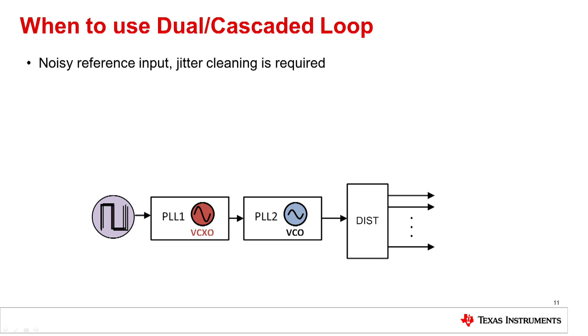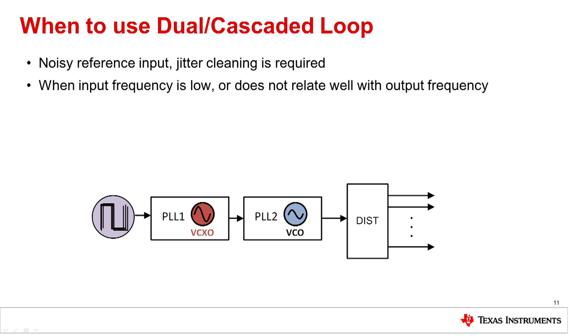since a typical VCO does not have good close-in phase noise performance, less than 10 kHz. When the input and output frequency have a poor integer relationship, you may also want to use a jitter cleaner. For example, if you have a 12.288 MHz reference compared to a 2.5 GHz VCO, this would result in a very low 32 kHz phase detector frequency. A higher phase detector comparison frequency will generally improve the PLL performance. A dual loop could provide a 10 MHz or 100 MHz reference input to the second PLL, which is a factor of more than 300 or 3,000 times comparison frequency.